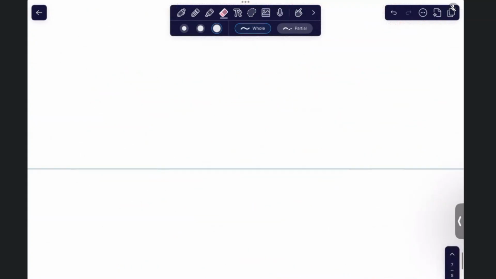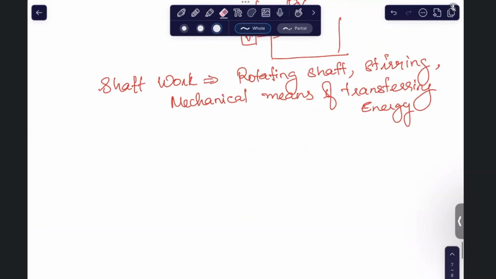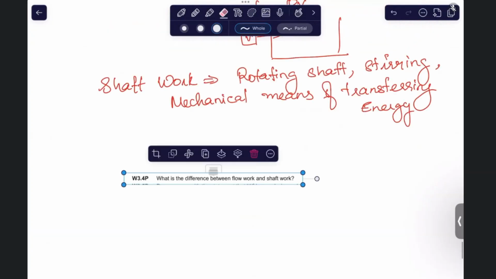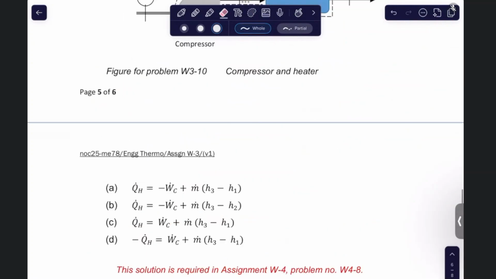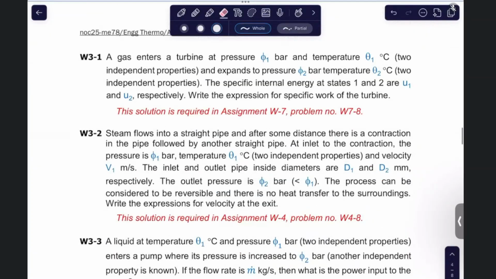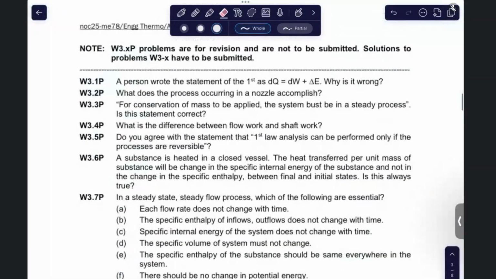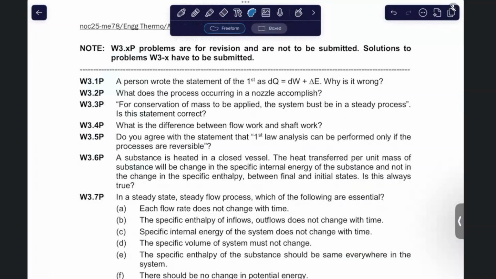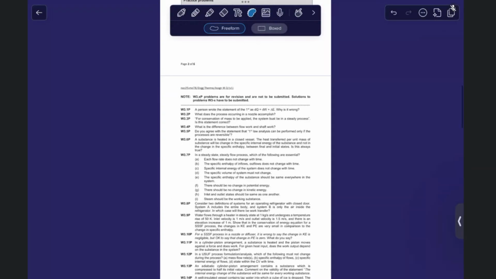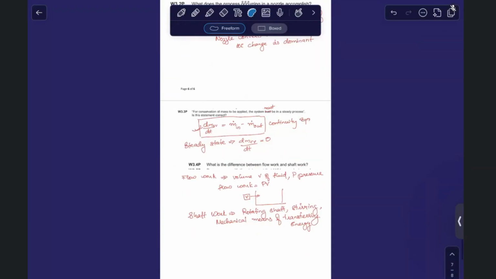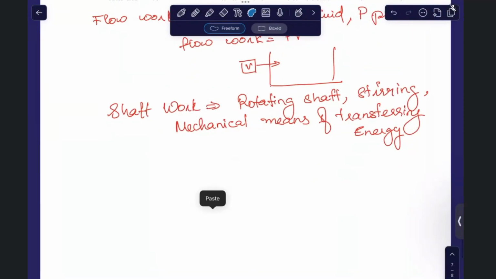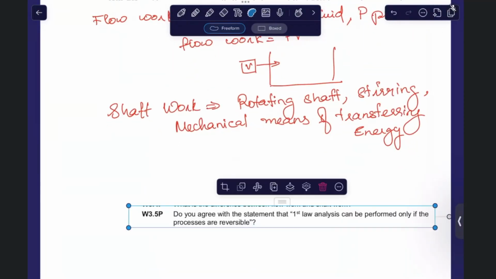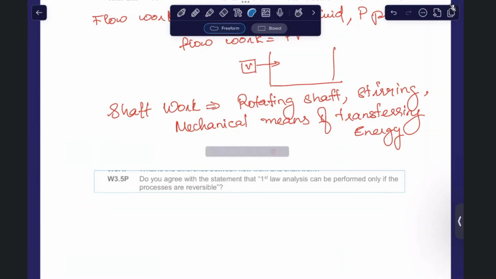Let's see. Okay, so that didn't work. Hmm. Over here. Okay. Uh,